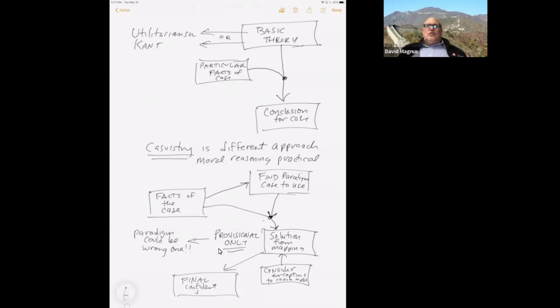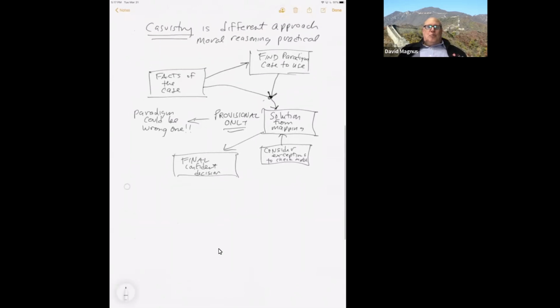Perfect. Now, there are some problems and objections to casuistry as well. What do you do if there's no precedent, right? So it takes a lot to do that. What if past precedent was wrong? It's a fundamentally conservative approach in that it builds. So its advantage is that it builds on knowledge. It builds on things that we already knew how to do. But if we were wrong about all of it, and we've been doing things in the wrong way, then it may not be the best way to figure that out.